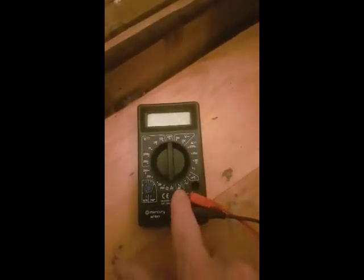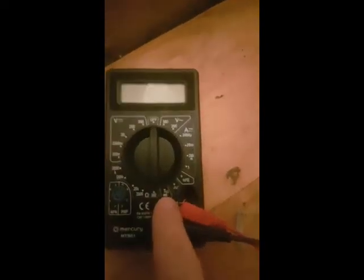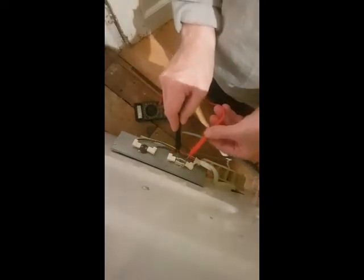So get your multimeter. This is your continuity test here. It looks like a little speaker, or sound wave is what I meant, sorry. So you get a number 1. Basically what you're looking for is to put your two probes, right, that's a better position. I was trying to do that with one hand. So for your test, as you should be able to see from there, you basically want to see if you're getting continuity